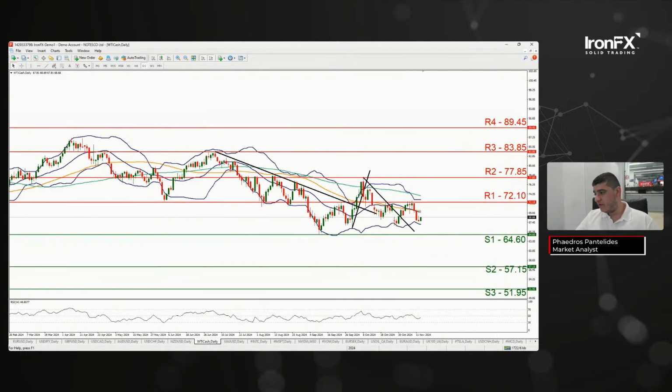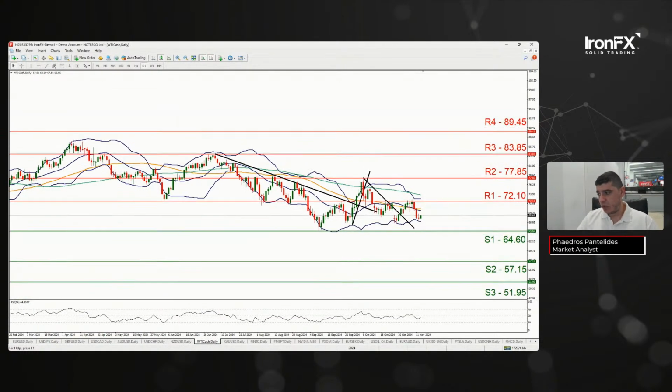Crude oil appears to be moving in a relatively sideways fashion. Note the numerous occasions that the commodity attempted to break above R1 at 72.10. It has failed to do so. OPEC has also revised demand expectations lower for the year, which could increase downward pressures. Moreover, with Trump's energy agenda, which is drill, baby, drill, we would be maintaining a relatively bearish